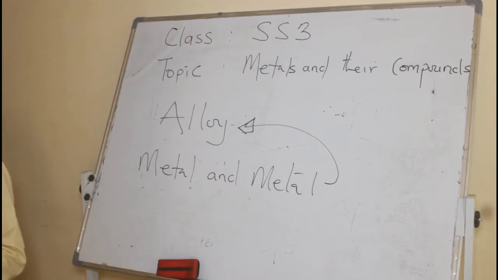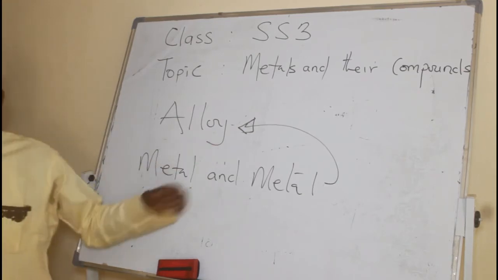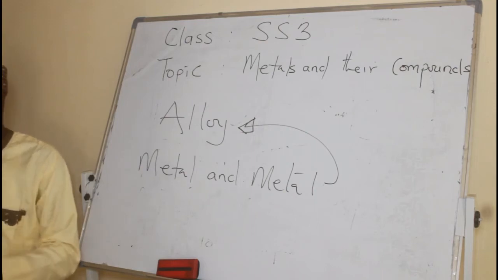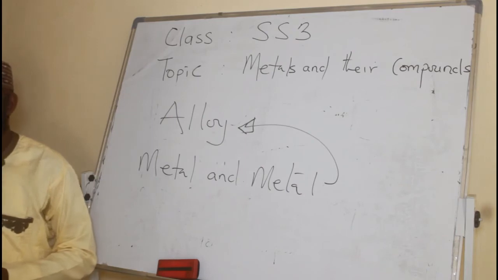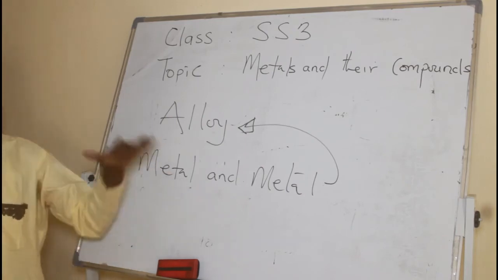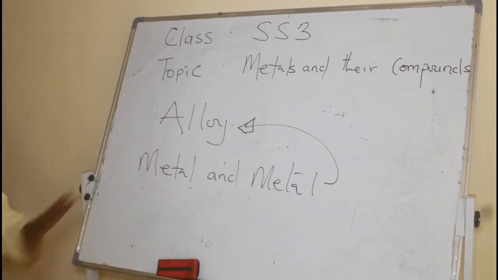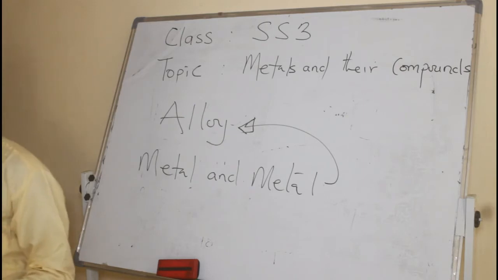Are you following? And you know the difference between a mixture and a compound. A compound is a chemical reaction: sharing of electrons, giving out of electrons, donation of electrons, and so on. But in a physical mixture, they are lying side by side. The electrons are intact. They don't play with them, whether by transfer, donation or sharing. So metal and metal do not react. They only form alloy, which is a solid mixture of metals. Are you with me? Are you following?